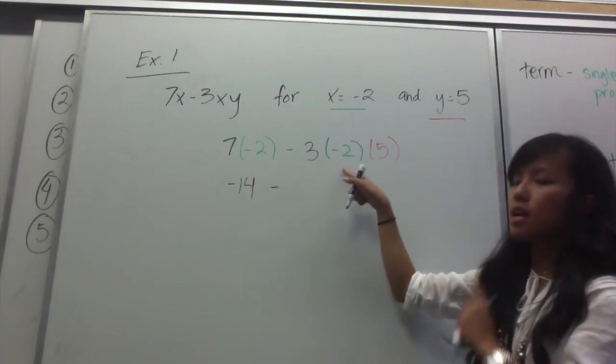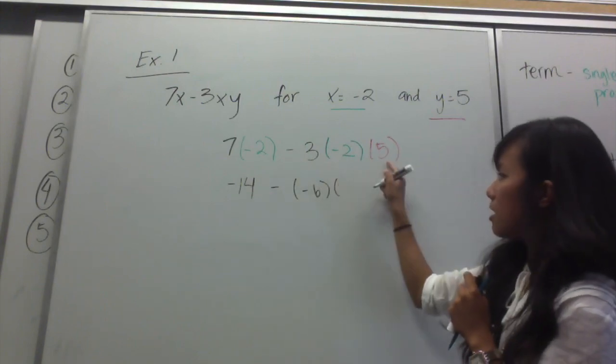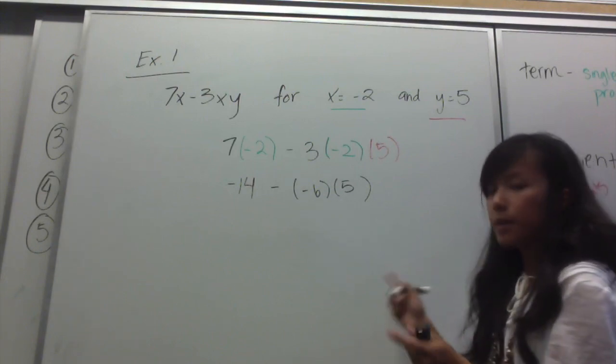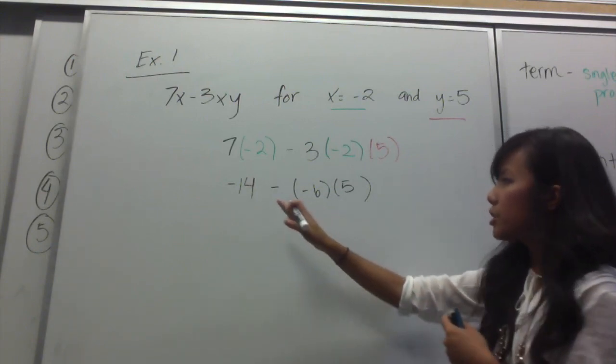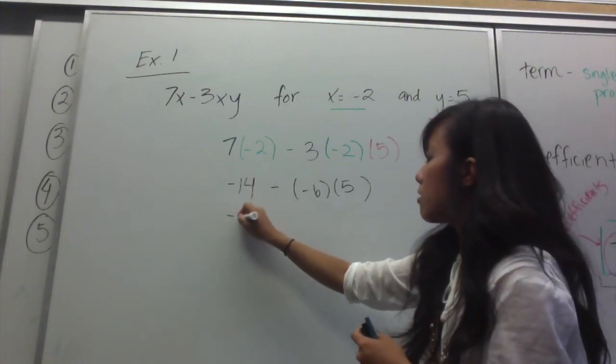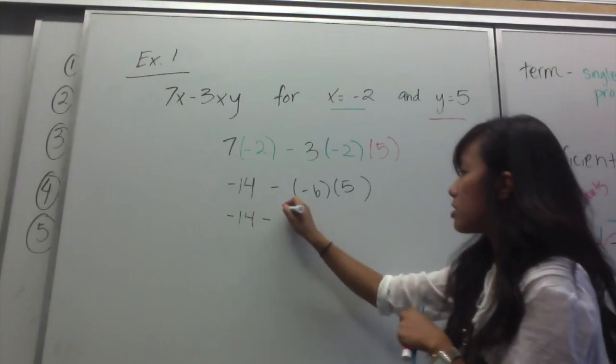So 3 times negative 2 is going to be negative 6, and then we have the times 5, okay? So now I'm going to keep going, left to right. Remember PEMDAS, so we're going to do multiplication. So negative 14 minus, we have negative 6 times 5, which is negative 30,